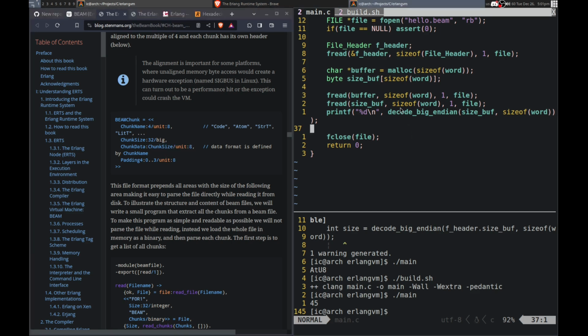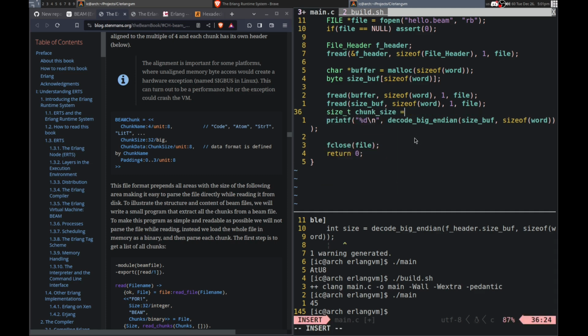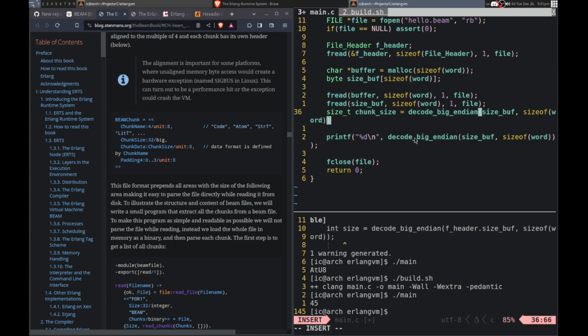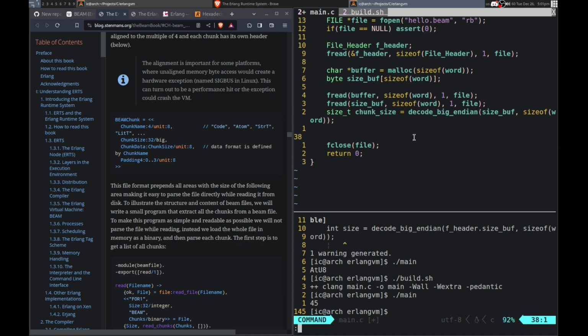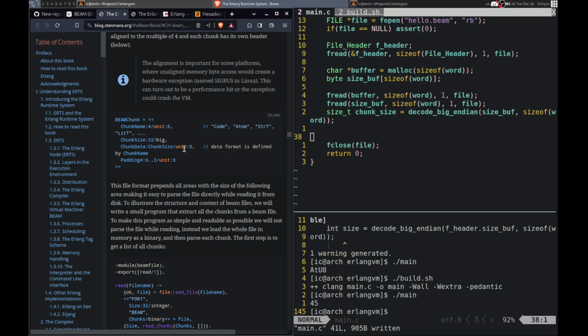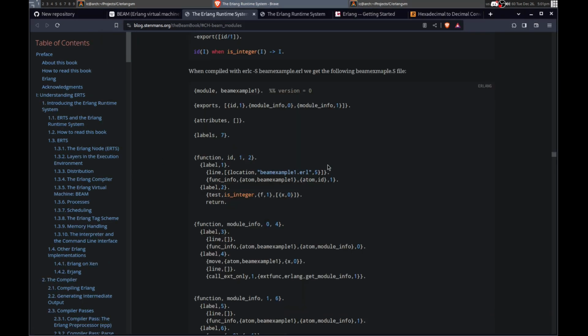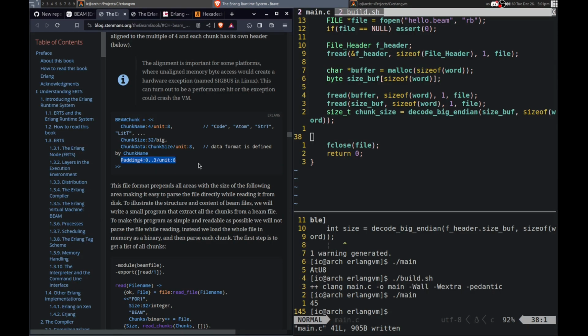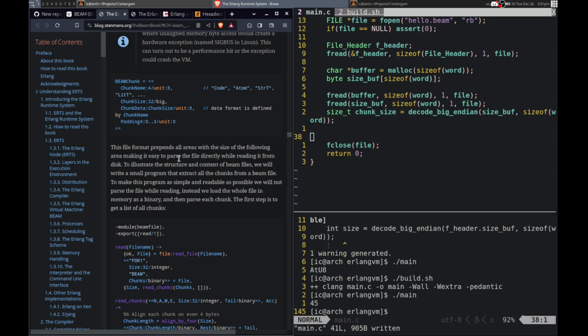Because we need the chunk size. So that is what this is for. So I'm probably going to need the chunk size equals this essentially. Okay. So that is what I want for that. And that is how much we have to read. And it's one byte at a time. Okay. Data format is defined by chunk name. So we need to consider the chunk name when reading it, because it is going to be different data depending on which one. Okay, and then padding. I don't know what the padding is for. That is interesting.